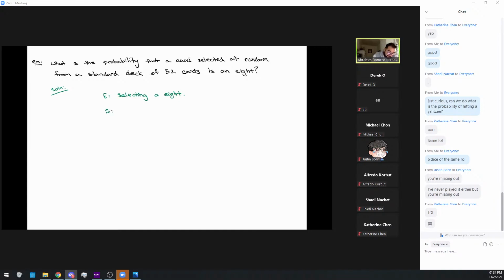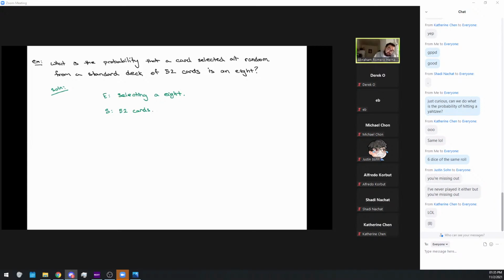Now, what is my sample space? Well, my sample space is 52 cards. Obviously, I'm not going to write down all the cards, but my sample space is 52 cards, right? If I wrote it all down, it would be the set of 2, 3, 4, 5, 6, 7, 8, 9, 10, Jack, Queen, King, but those are the hearts. Then I have to write the other ones down, and the other ones. So in the end, it's just 52 cards.